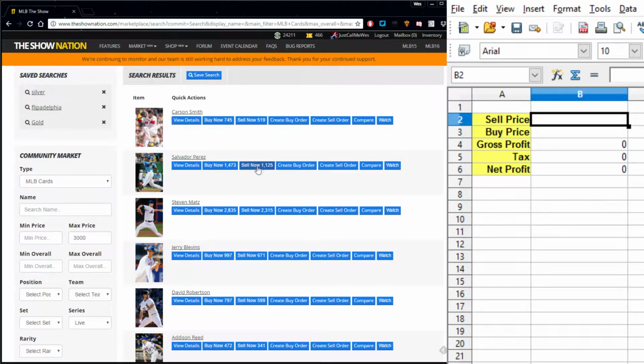Even though there's like a 350 stub gap, they also take out 10% when you sell the card. It's a tax that they take out. I don't know why they put a tax on there, but they do. So if we bought him for $1,125 and then sold him for this $1,473 price,